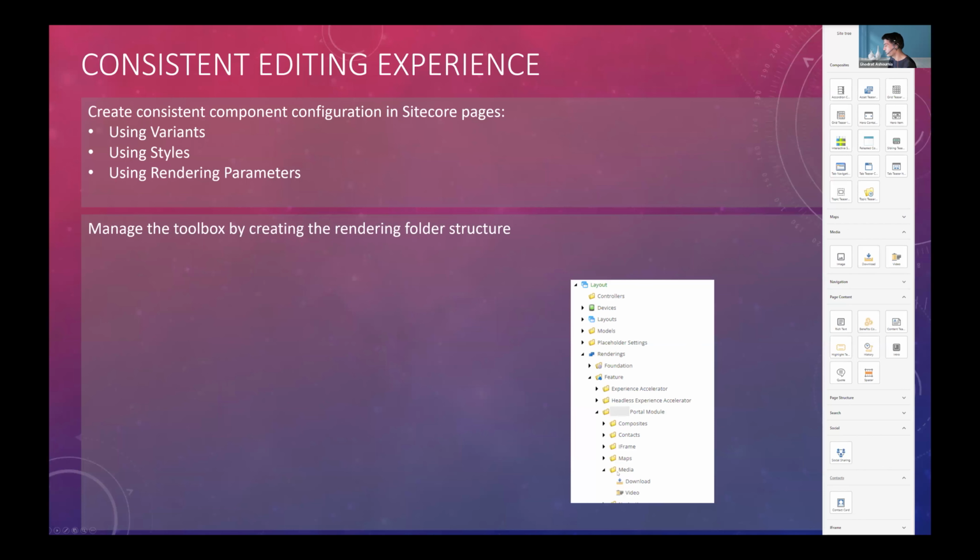You can see here, for example, under media, I have download and video, and you will see the same accordion in here with the same name, media. The download and video are there, and the image will come from the headless out of the box SXA. Try to organize them in the way that is easy for the customer to work with.